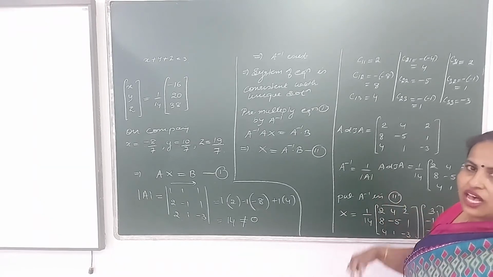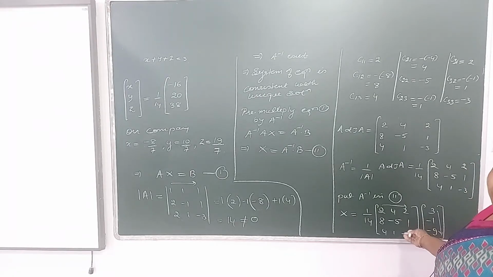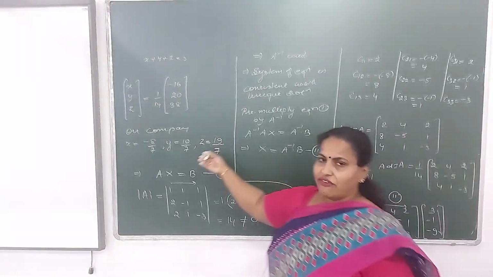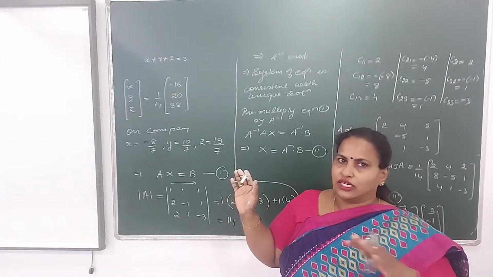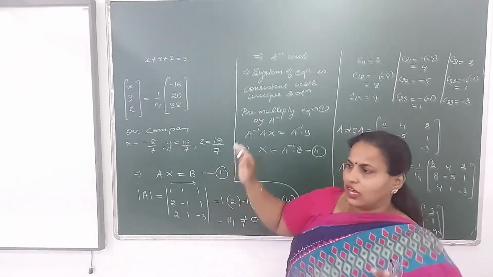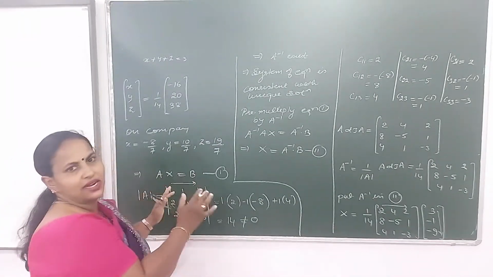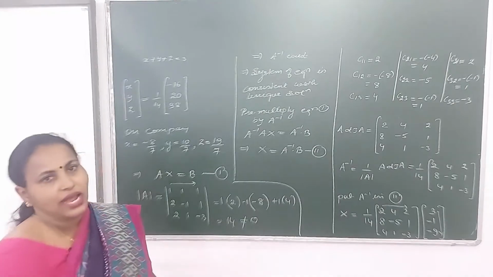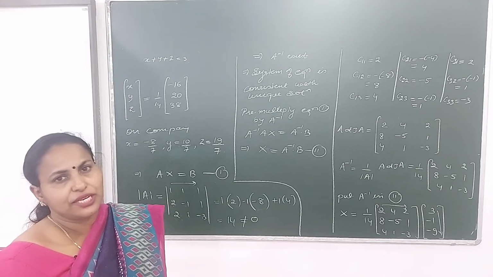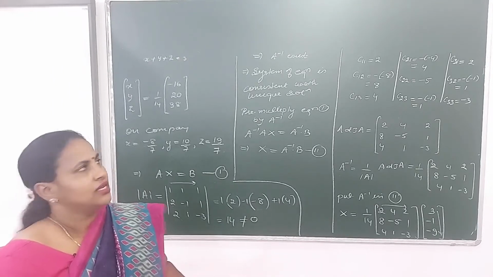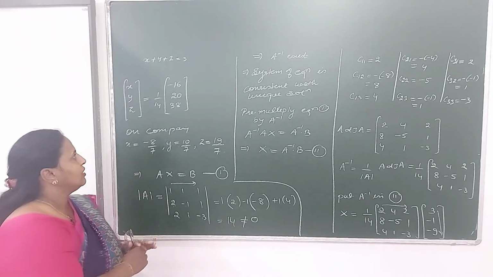Then where are the chances? Chances are in doing the multiplication, somewhere you have gone wrong, or in comparing or dividing, somewhere you have made a mistake. So you have to check that particular part. Now this entire procedure is called the matrix method, and the weightage of this particular question in the board examination is 5 marks. So I hope, children, the procedure is understood now.